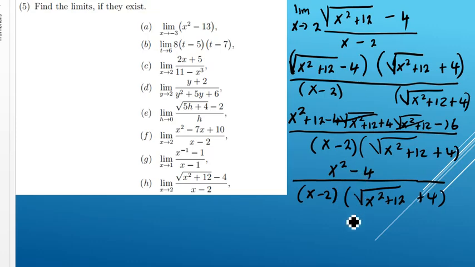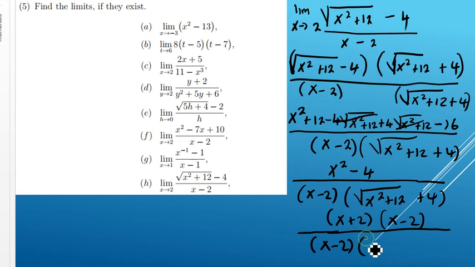If we factorize this, we're going to get x plus 2 times x minus 2 over x minus 2 times root of x to the power 2 plus 12 plus 4. So of course this and this are going to cancel. Then we can take the limit